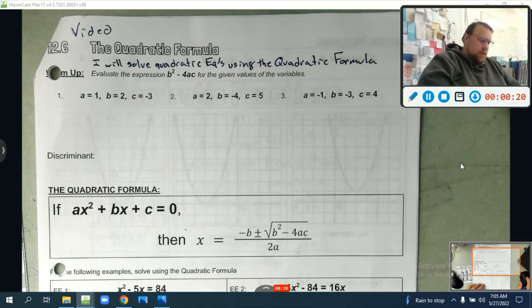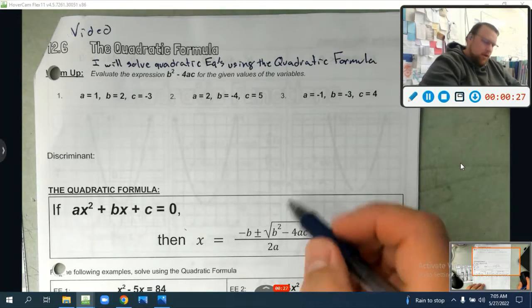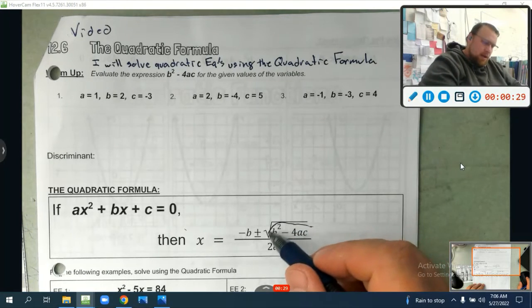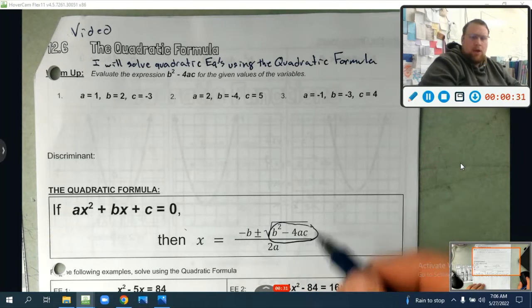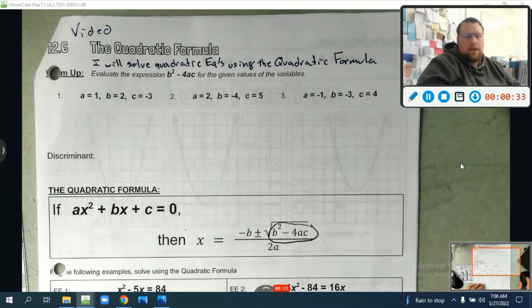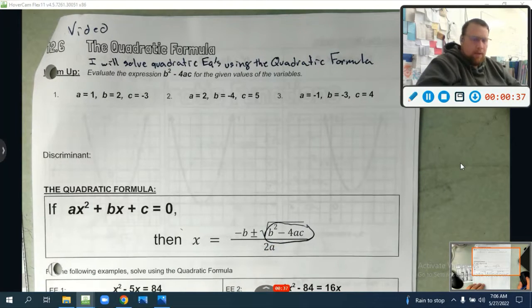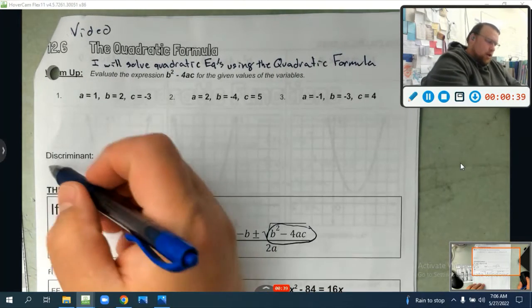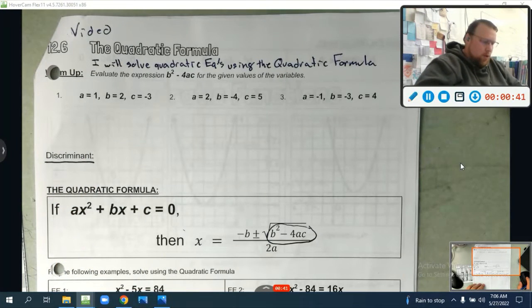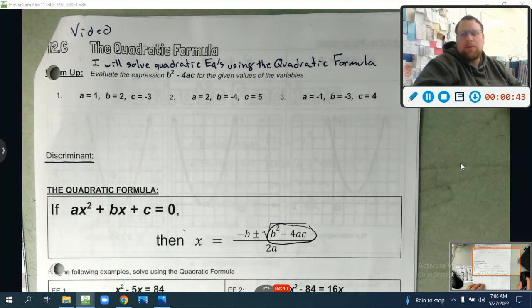All right, so first up here, it says evaluate the expression b squared minus 4ac given the values of the variables. And if you actually look down here, you'll notice that b squared minus 4ac isn't some equation we pulled out of nowhere. It's a part of the quadratic formula, which is right here. And it's the part actually called the discriminant. So we're just going to, without even knowing what the discriminant is, even though it's powerful,